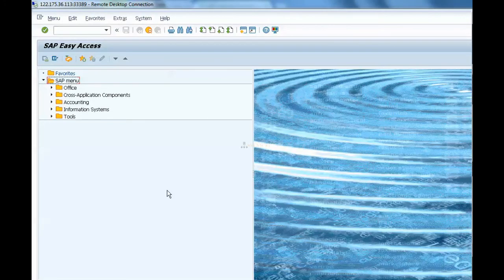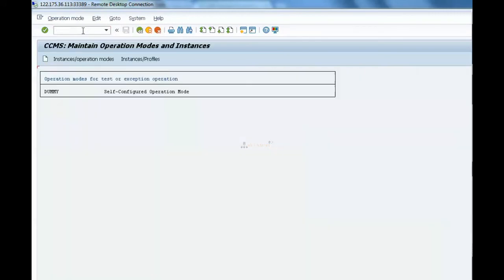As per the hardware configuration, it will assign how many dialog and how many background work processes are required for the server while installation. That will be defined by my SAP INST tool, depending on your hardware. It will be defined automatically. As you said, background jobs will be every 10 minutes, and the hardware capability will be high in real time.